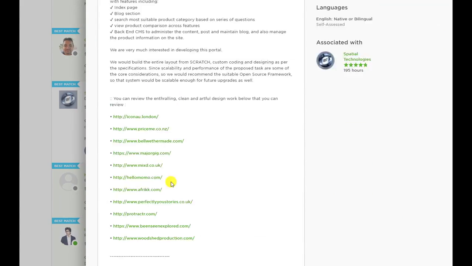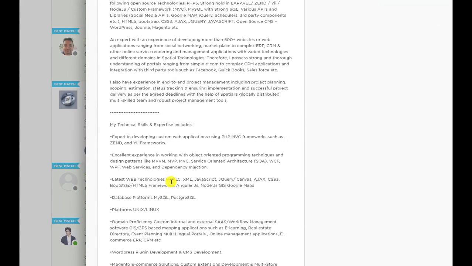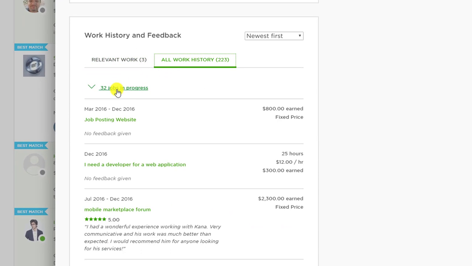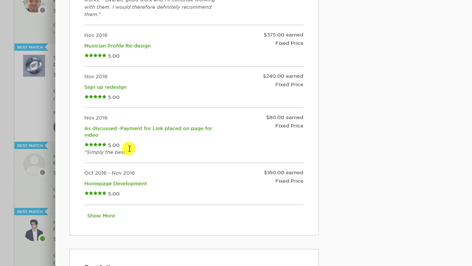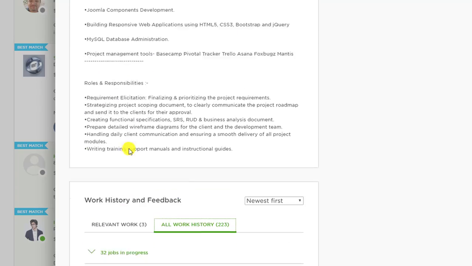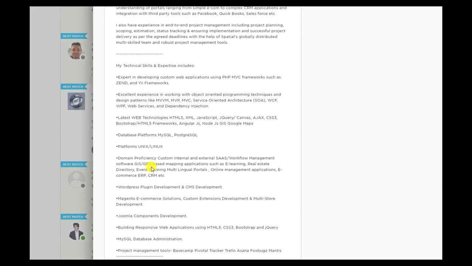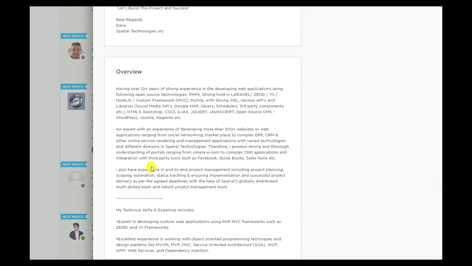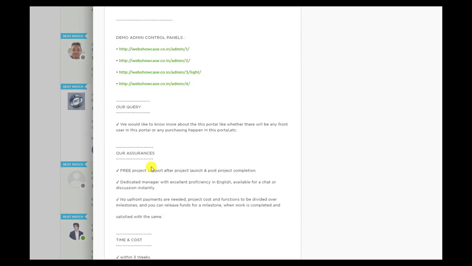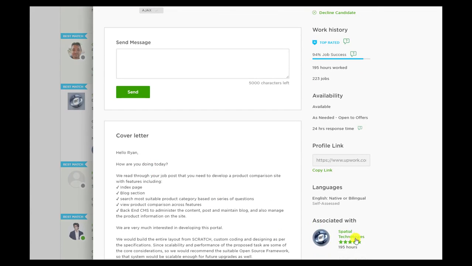So if I look at his proposal and I scroll right down to the bottom here and look at all work history, there's a little link here that tells me how many jobs are in progress. There's 32 jobs in progress. For me, that's a lot of jobs, and I don't have a sense based on his proposal how many resources he's got. If I go back up here and perhaps have a look at the link for the company,